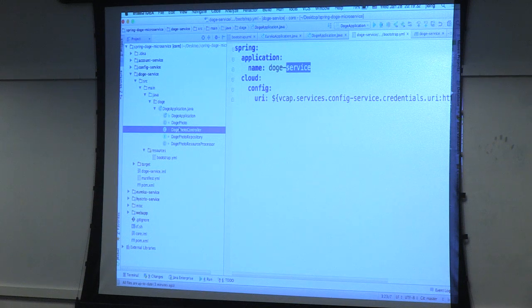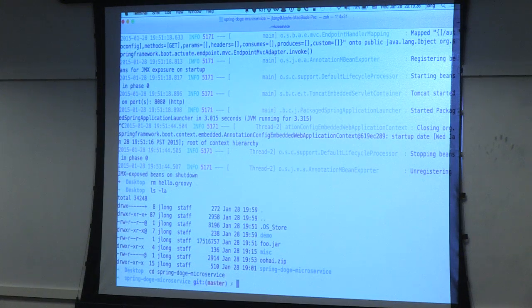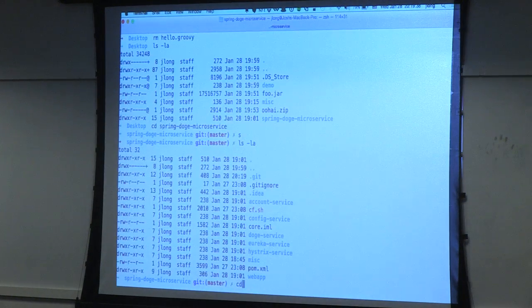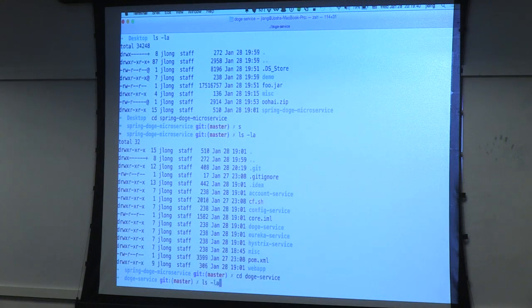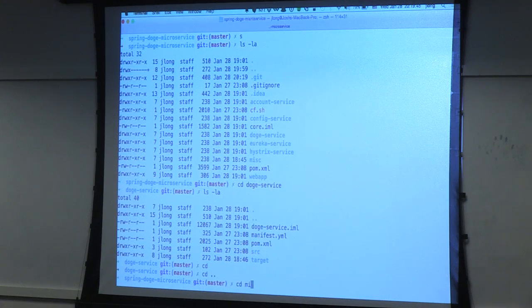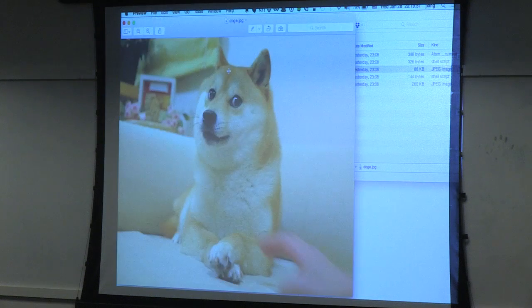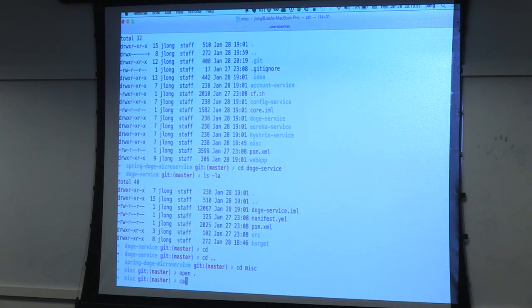The service is very, very, very powerful. This Doge service. I'll demonstrate it for you now since you asked. Whoops, I'm going to go back up here. cd misc. Now I've got a few images here that we can use to demonstrate the awesomeness of this service. We'll start small. We'll start with the Doge. There he is in his pristine Doge glory. And I have a script here